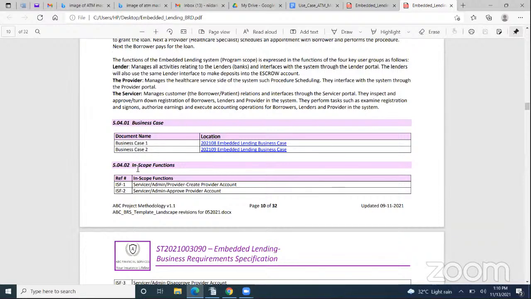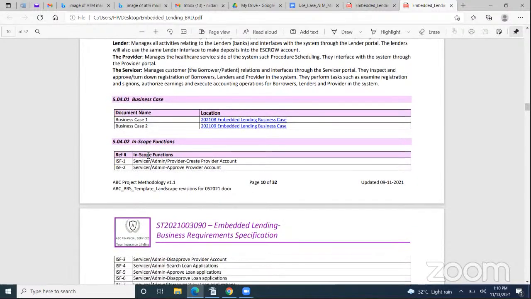The next item to touch on will be the in-scope functions. The in-scope functions covered in this document, the first item being the creation of provider accounts. The next one being the approval of a provider account. And for every function, there is a user who is authorized to perform that function.